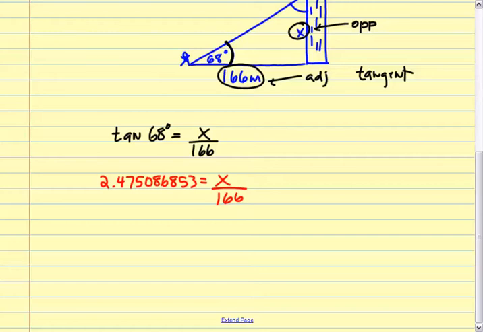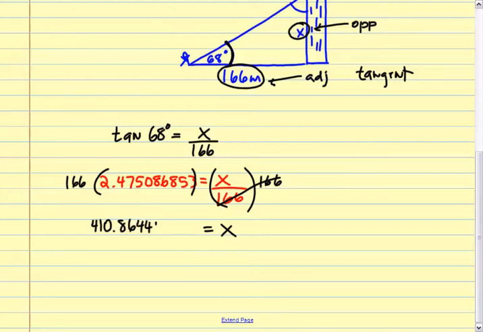Now we want to get x by itself, so I'm going to multiply both sides by 166. This one's a little easier than the first one because x wasn't in the denominator. This cancels out, and I'm left with x is equal to times 166. I'm going to get 410.8644177 meters. Now they didn't tell us what to round to. We'll just go to one place. Look at the 6, get rid of that stuff. And we're going to get that x is approximately, since I'm rounding, 410.9